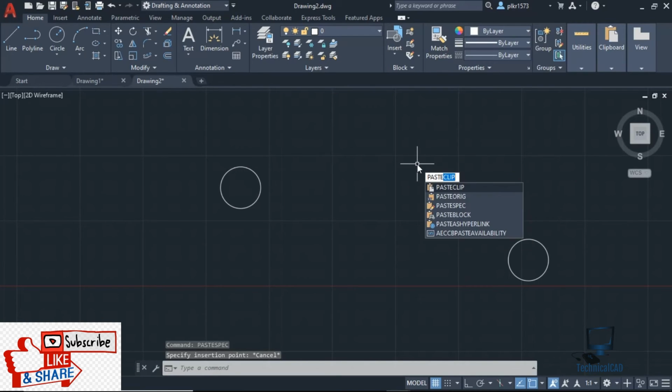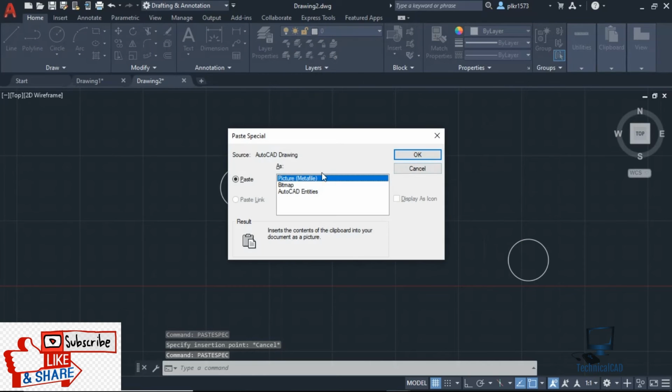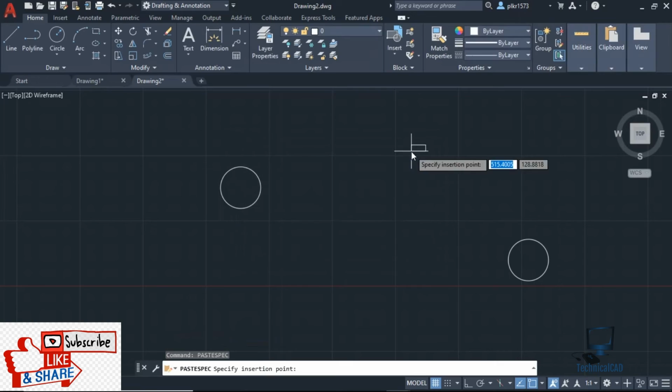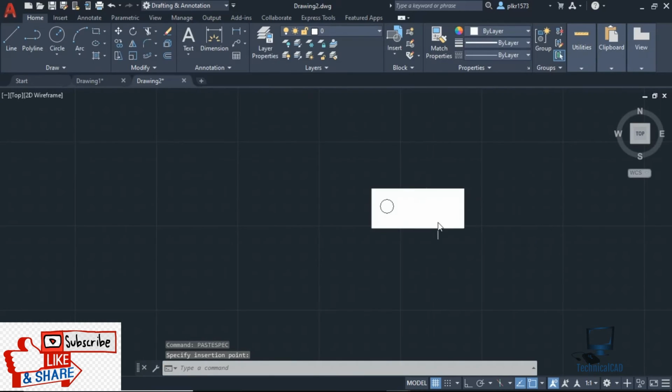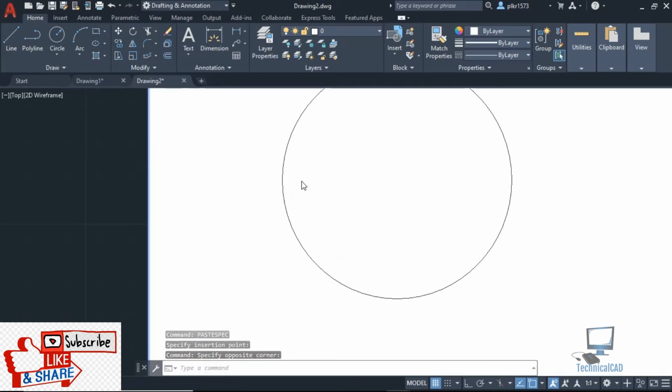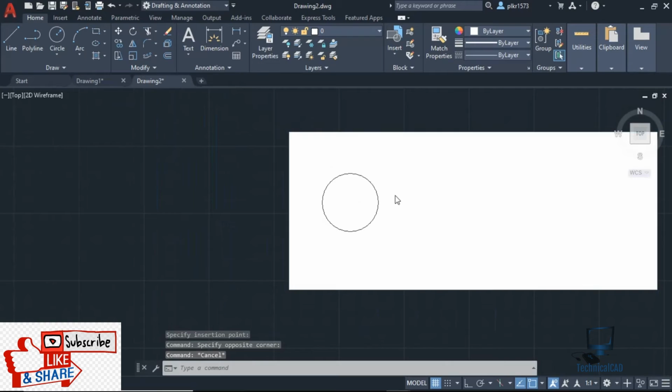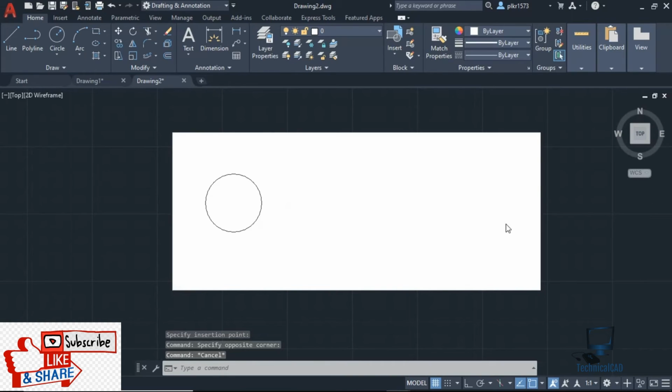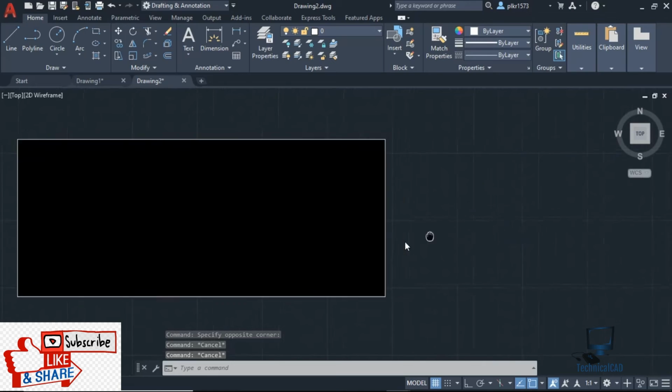Otherwise, if I give paste special picture metafile, it will open as an A4 sheet or a paper. So in paper it is a printable file created on the screen. So this is paste special.